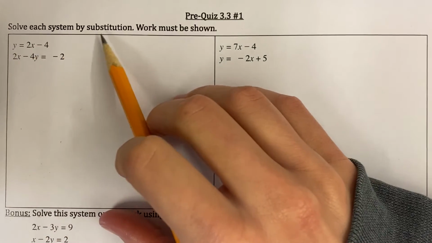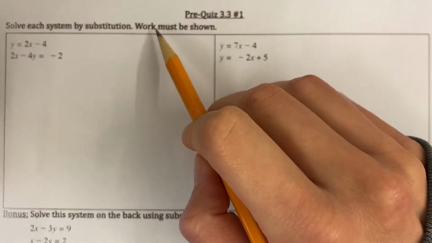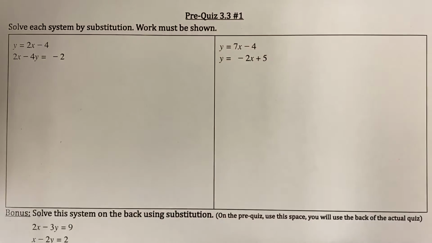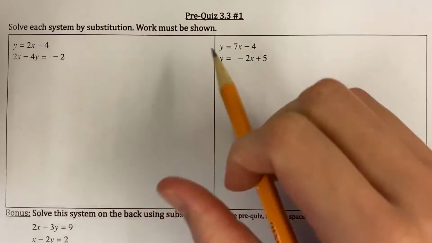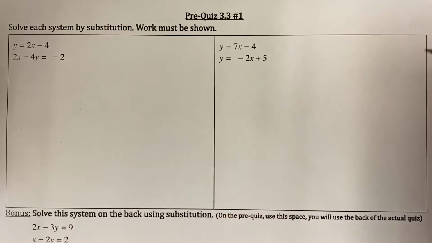I'm going to solve each system by substitution. You need to show work. You should show work here, and you should for sure show work on the quiz. There's going to be two problems. One, you can reference your work on page 8, and the other you can reference your work on page 9